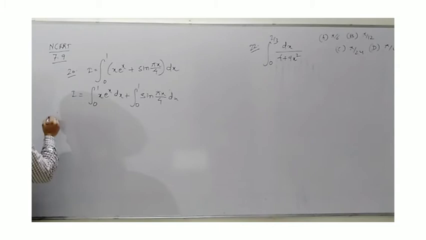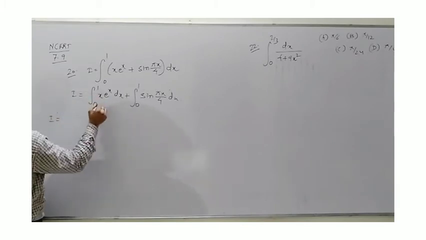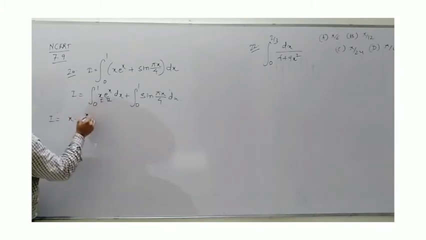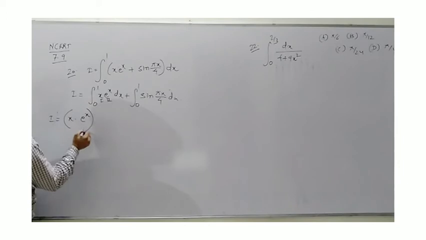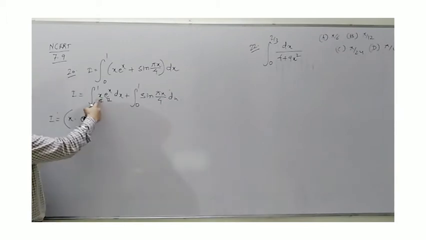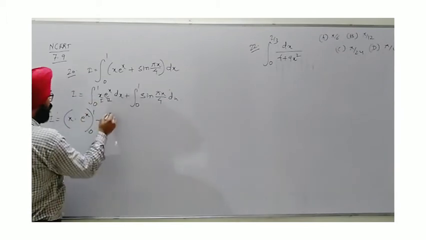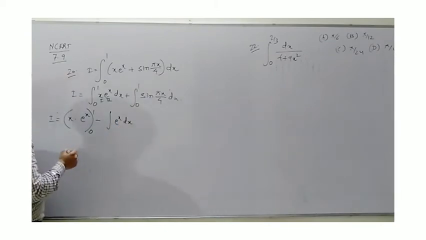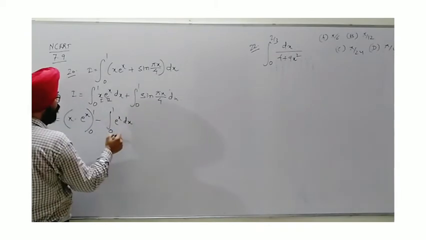Here, if I apply by parts, obviously this will be taken as the first and second function. x as it is, the integration of e raised to the power x gives the same function, and at this term only we can put the limit 0 to 1, minus. Now, the differentiation of x will give you 1. That's why we are left with only e raised to the power x dx in the second term, 0 to 1.